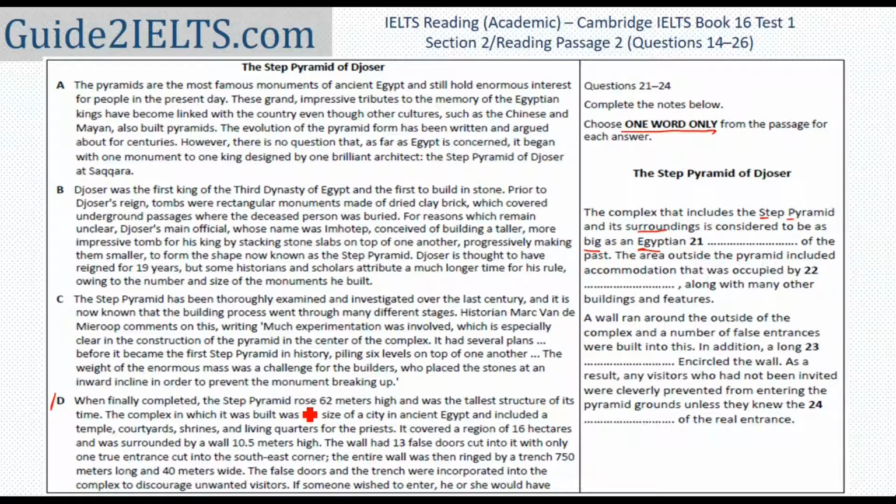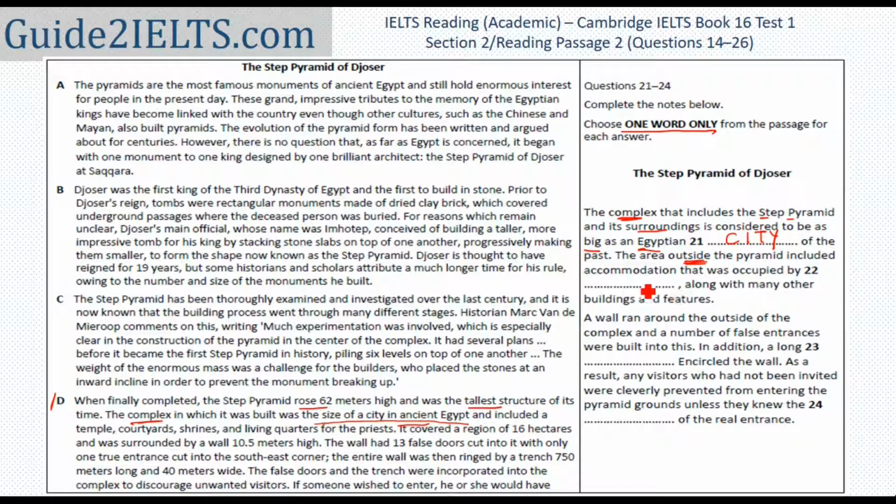So when finally completed, this is the height, tallest structure. I'm looking for a comparison. The complex in which, so the word complex is here and we have the word complex here as well, was the size of a city in ancient Egypt. So the complex that includes the step pyramid and its surrounding is considered to be as big as, it could be Egyptian city. Ancient means of the past, and it is the size of the city, it is as big as an Egyptian city. The area outside the pyramid, now I'm looking for outside, included accommodation that was occupied by